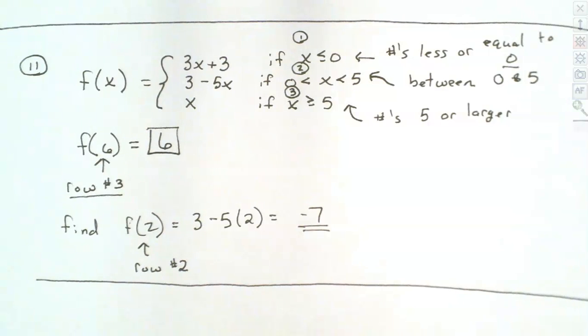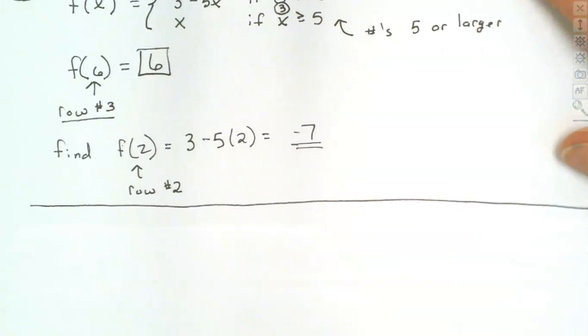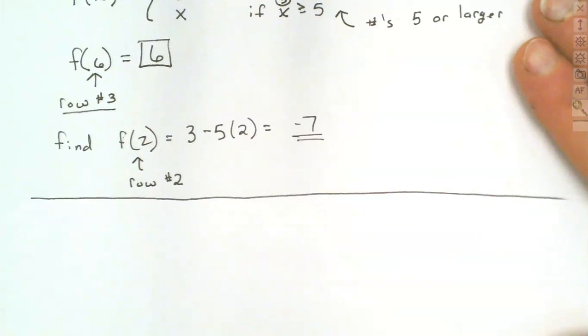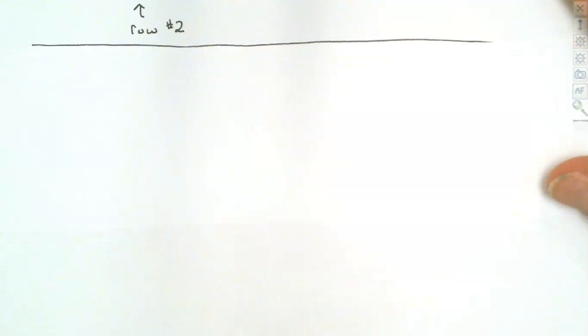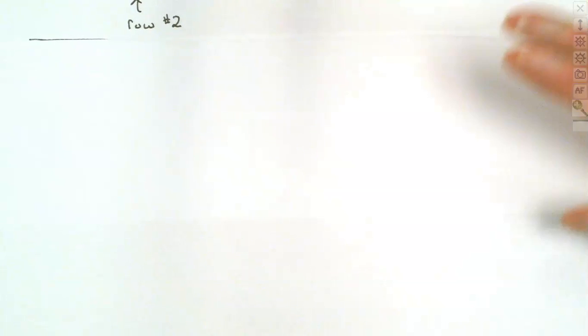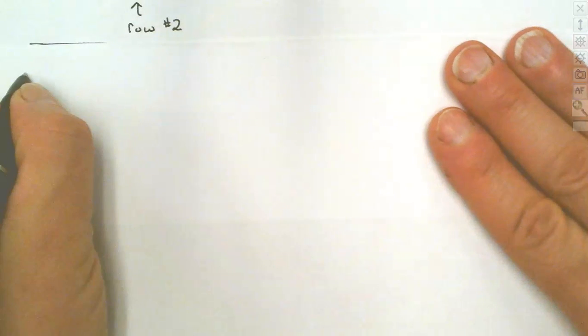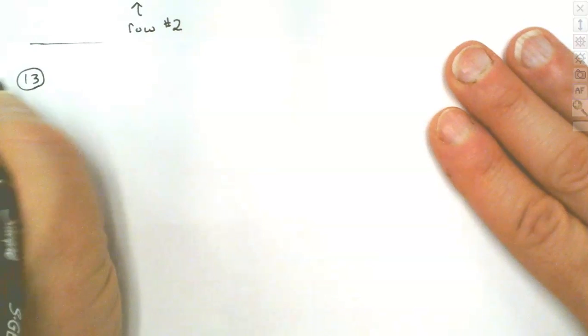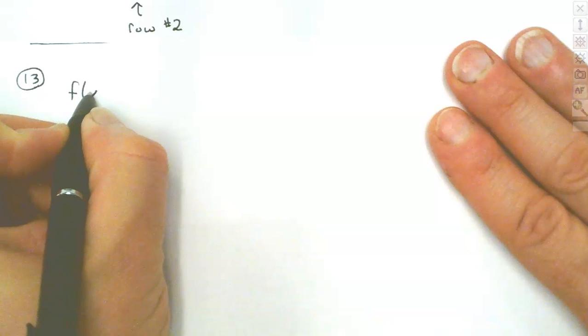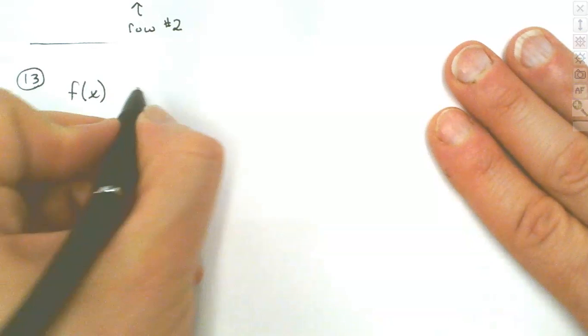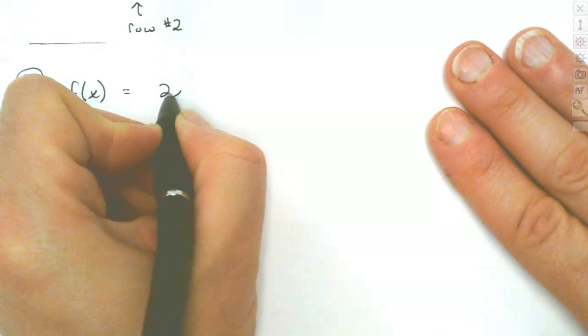Question 13. Question 13 is one that I picked, and I've seen students make mistakes on question 13 a lot. It's another very easy problem to work out. And I want you to graph this for 13. I want you to graph f of x equals 2x